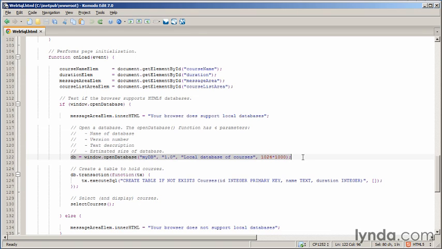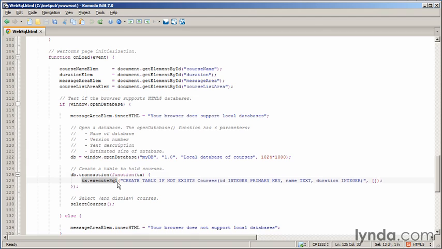And then in the database, I create a table first time round in a transaction. This is a common pattern. You take your database object and you call the transaction function. The transaction function can take a function like so. This is the callback function, if you like, for the transaction to say, this is what I want to do inside the transaction. So the callback function receives the transaction parameter, and then on the transaction parameter, you can execute SQL